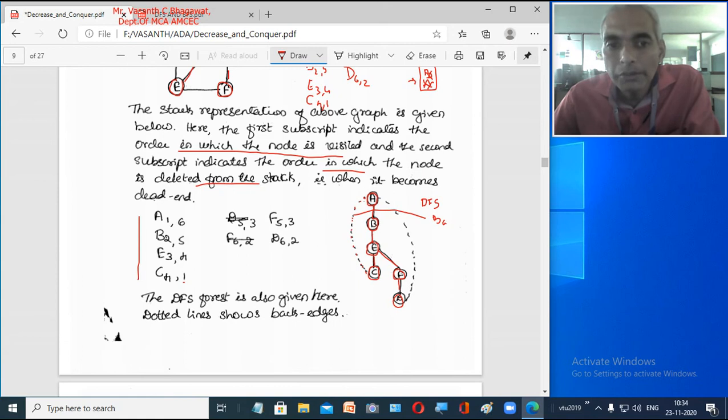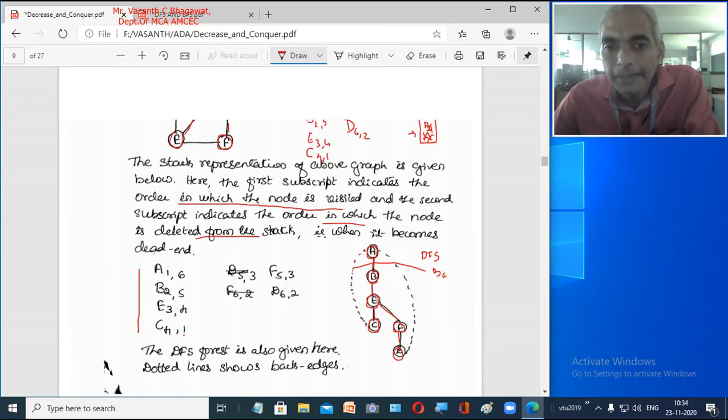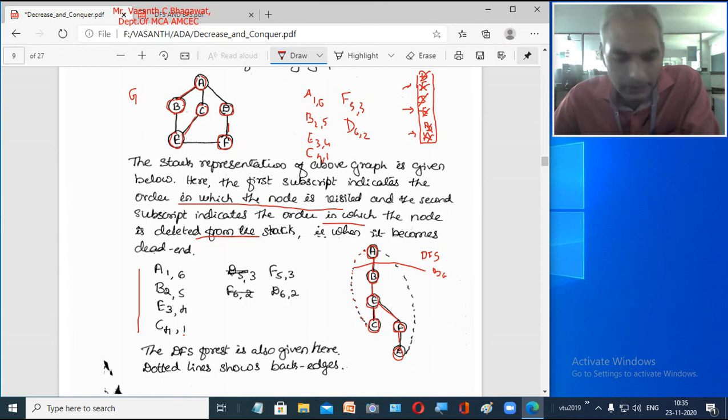Right? Now once you have reached D, that becomes a dead end. You can see here, you have reached this node D, and D becomes the dead end because A and F you have already visited. So D became the dead end. So you popped this D. You removed D from your stack. So D was the second element which you removed from the stack. Right? Now when you are at D, you got two nodes, A and F. Now you can see here, F is the parent of D. You came from F to D. Right?